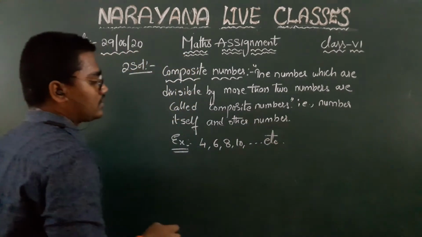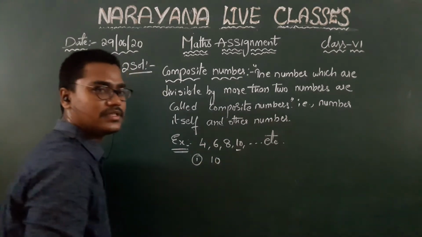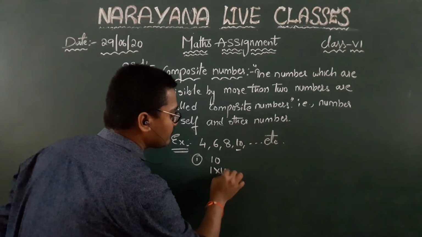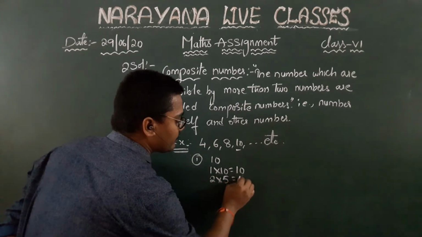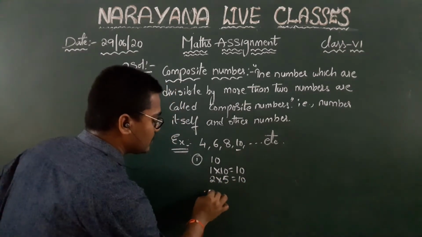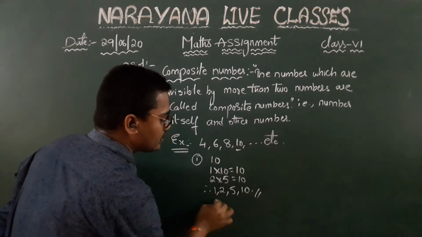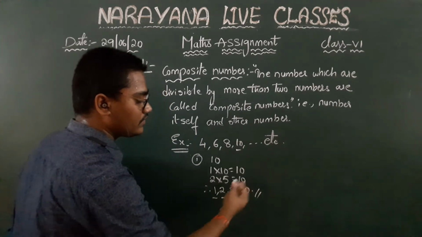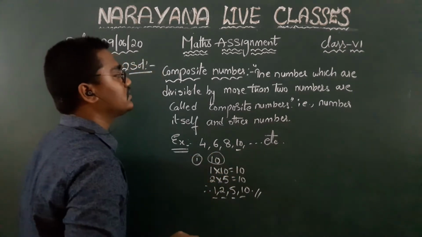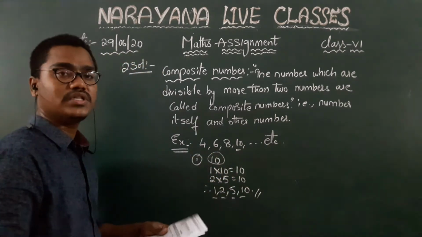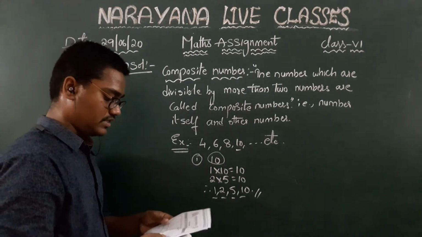Okay. That means, see here, children, when you take a number, say 10, as an example, the factors of 10 are 1 10s are 10. Also, children, in 2 table, 2 5s are 10. And that's it. So the factors are 1, 2, 5, 10. So it has more than 2 factors. In total we can say it has 4 factors. Yes or no, children? So that means this 10 is called a composite number. It has more than 2 factors, children. So this is the best example of a composite number. I hope it is clear.